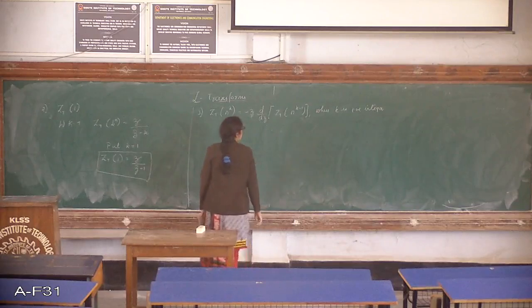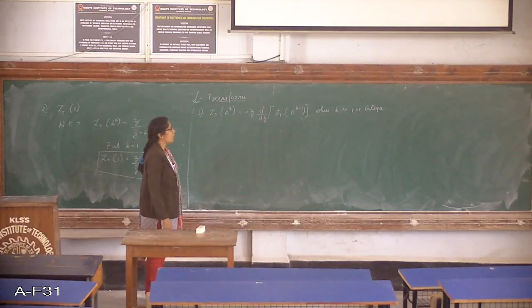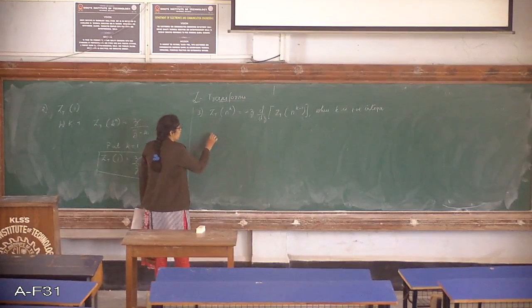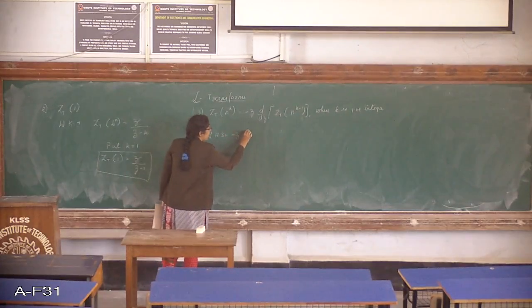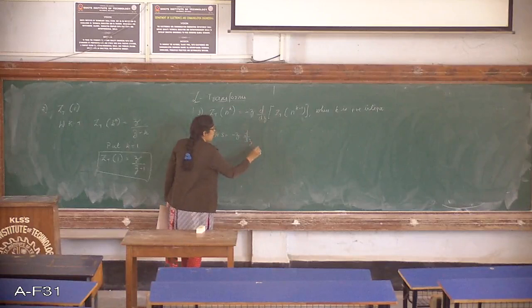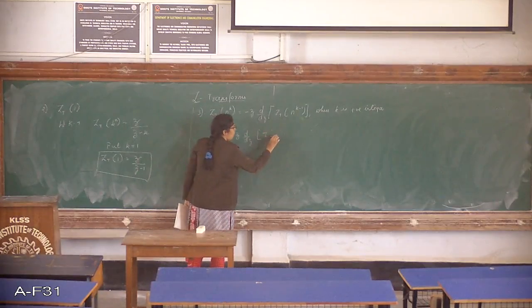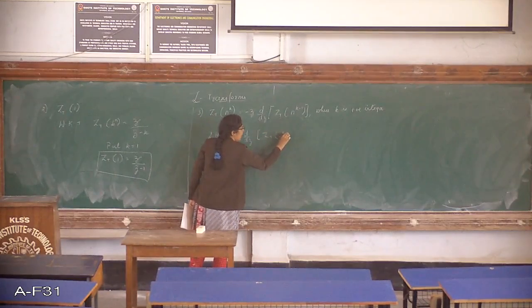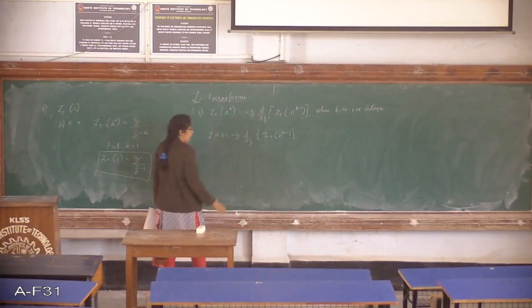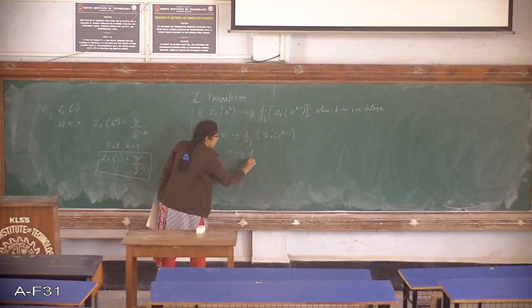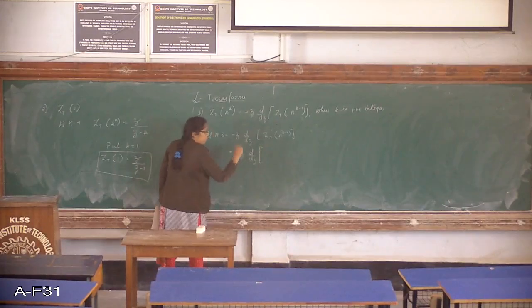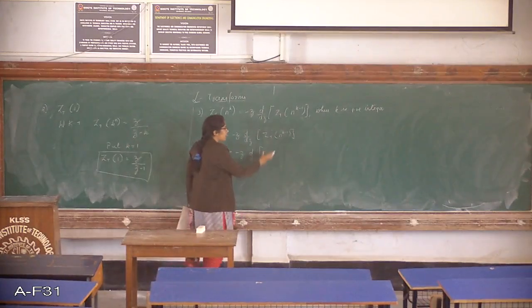Now to solve this, let me make use of the left hand side first. That is, I have got the left hand side to be equal to minus z d by dz of z transform of n raised to k minus 1. Now, this can be written as minus z d by dz also, since z transform of